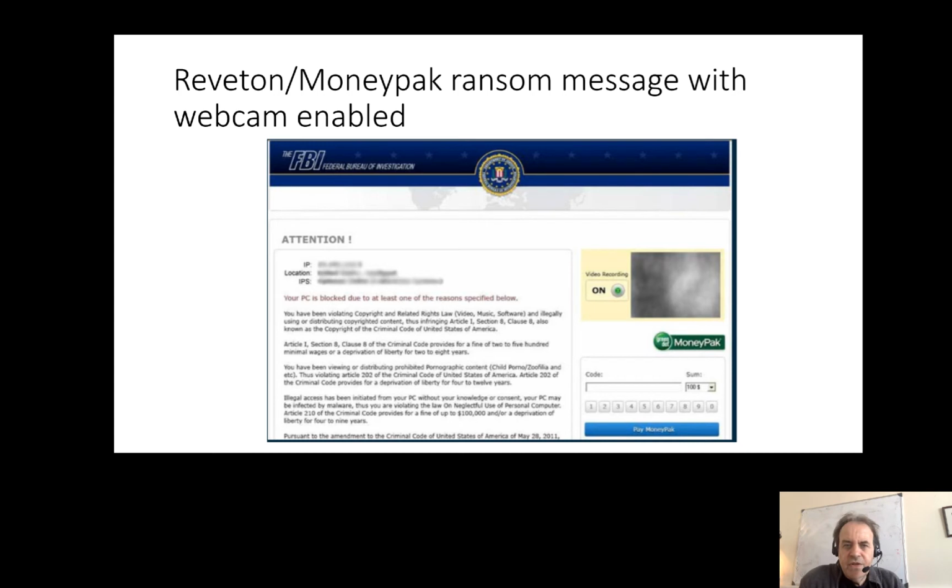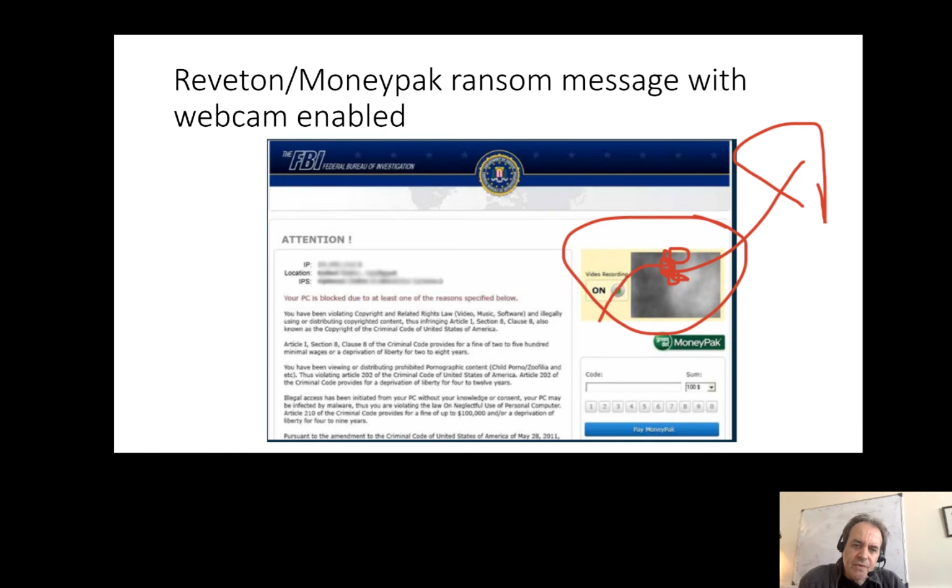This one here, Reveton, gave you a law enforcement message, but the smart thing about this was that it actually gave you a real-time connection to the operation center to be able to speak to someone, and then to be able to get them to talk you through how you go about decrypting the files from the ransomware.